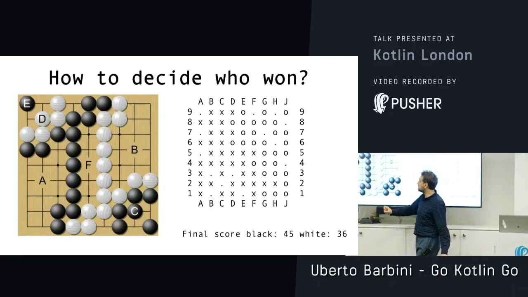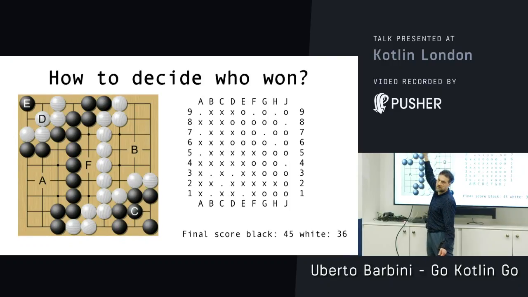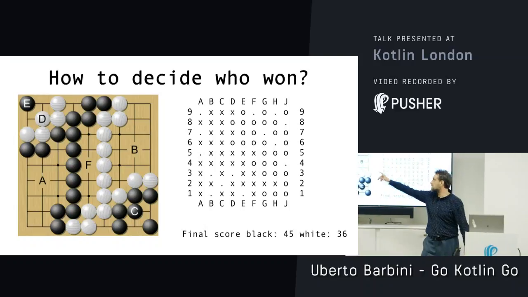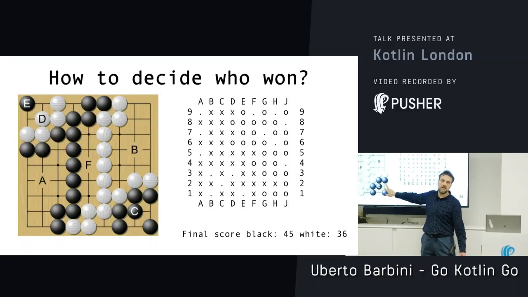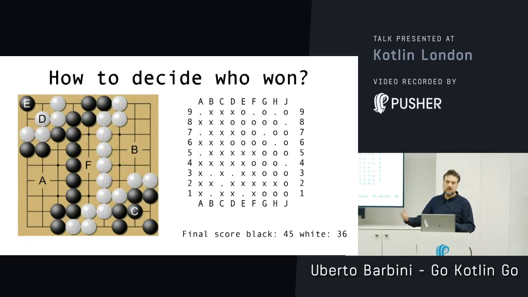Basically, whatever white can do here, if black puts 1 here and then 1 here, black will kill 2, and then black puts another, white kills, and then black kills all of them. Because it doesn't have 2 eyes. Instead, these are 2 eyes, and this is alive. But when you have human players, basically they can decide this is alive, this is not alive. If there is some difference of opinion, you can keep playing until it's clear. But it's very, very hard to write an algorithm to be able to do this.